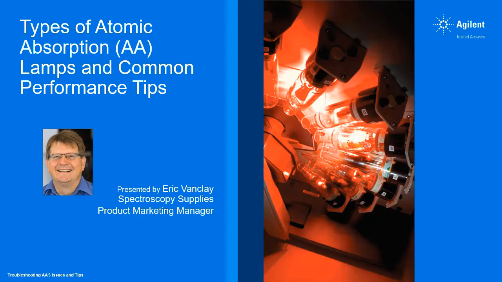The objective of this tutorial is to first highlight the common type of lamps that are available for use with atomic absorption instrumentation. These source lamps, known as hollow cathode lamps, are required for each element that needs to be determined with this technique. We'll also highlight the performance and lifetime advantages of Agilent lamps and address some of the common myths that people have about operation and use of hollow cathode lamps.